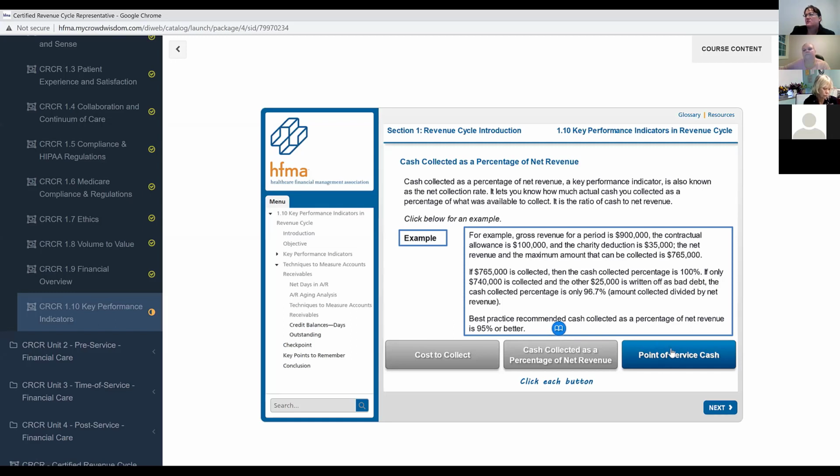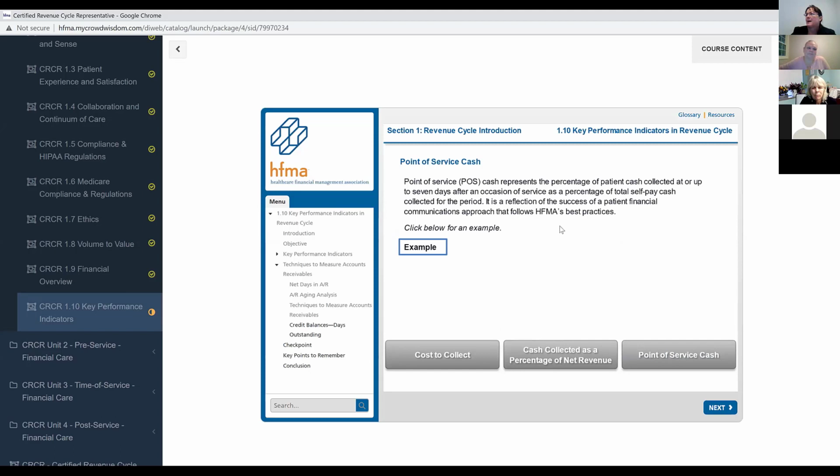And then point of service cash collection. We spoke about this a little bit earlier. This is our self-pay cash that we're collecting on co-pays, deductibles, co-insurances. And they're saying a percentage of cash collection up to 7 days after the occurrence of service is considered self-pay. Point of service cash collection, I don't know, I'm a little bit more harsher than that. It's what you collect the day they register and come into the hospital or the organization. So managing those percentages too as well, because you're not going to collect on everything, but